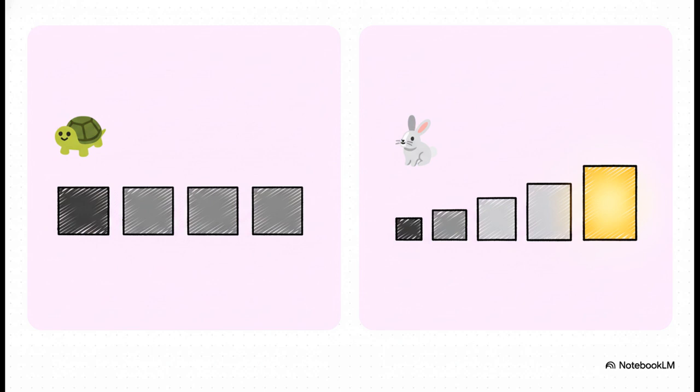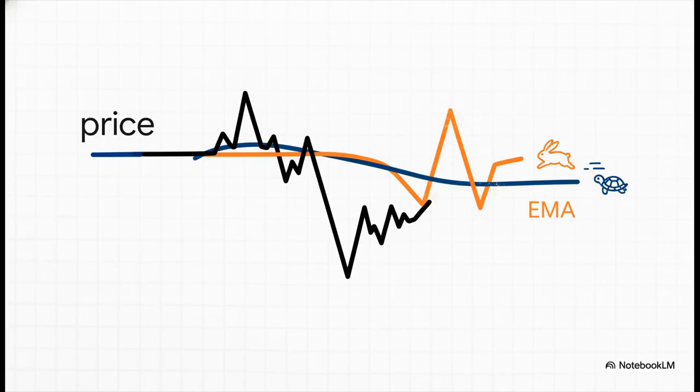But the exponential moving average, the EMA, that's the hare. It's faster because it gives more importance to the most recent prices. And in trading, that speed is a huge advantage. So the takeaway here is super simple. If you're actively trading, you need an indicator that can keep up with what's happening right now. And that's exactly why the pros rely on the EMA. It's the tool that stays in sync with the market, and it's what we're going to use to build our